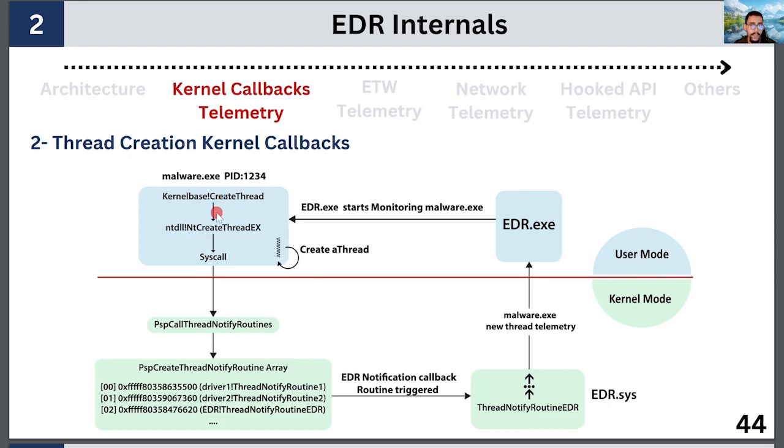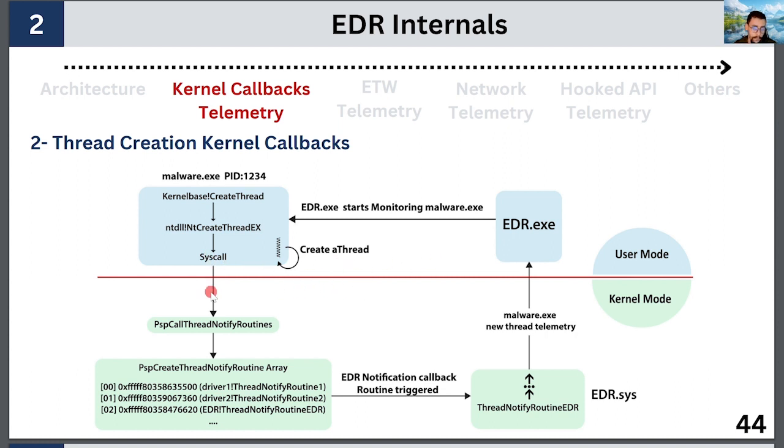This API then calls the native API in ntdll.dll, NtCreateThreadEx, which prepares the necessary arguments for thread creation, then executes the syscall instruction that will do the transition from user